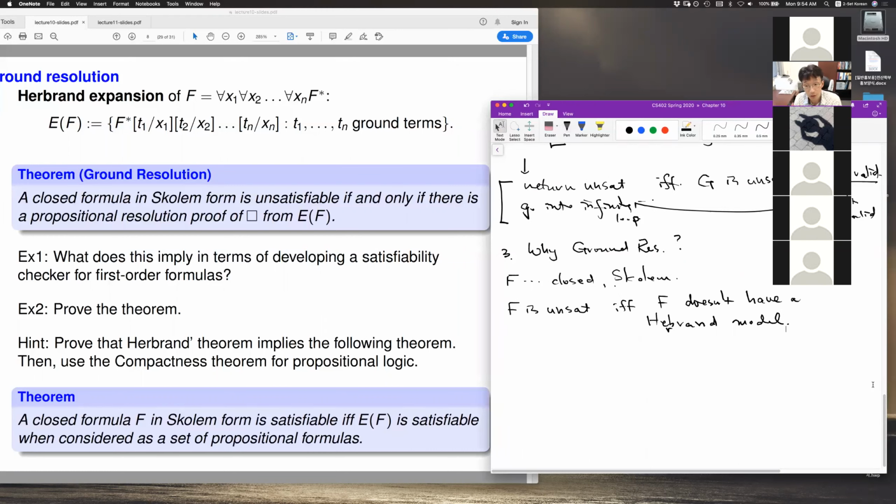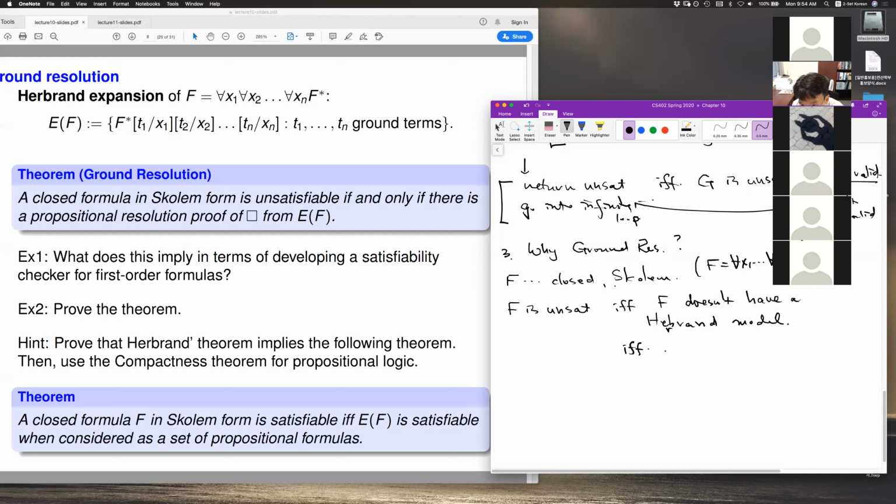Now it turns out this step, F doesn't have a Herbrand model. By the way, F has this form, and F star is quantifier-free. So F doesn't have a Herbrand model. It turns out to say the same thing as